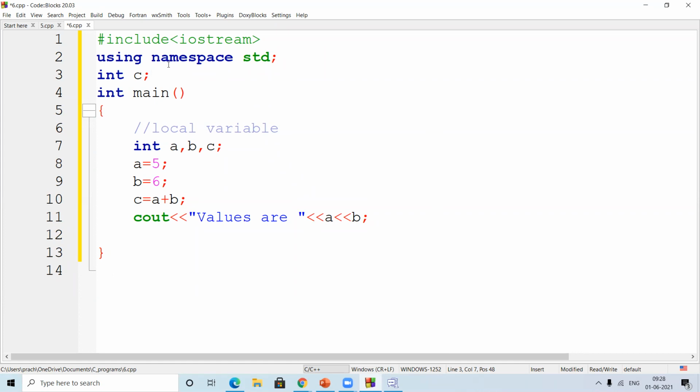Correct? But when we declare a variable before main and after this preprocessor directive, then it is known as a global variable. It's not needed to do the variable initialization again and again. Okay. So at this point, if I put the value and I'll write only C. So when I write only C, it is going to take this because, as I told you, this is a block of a statement.